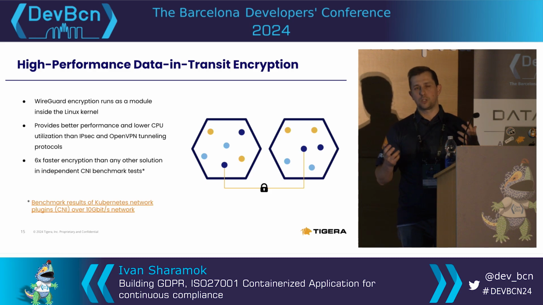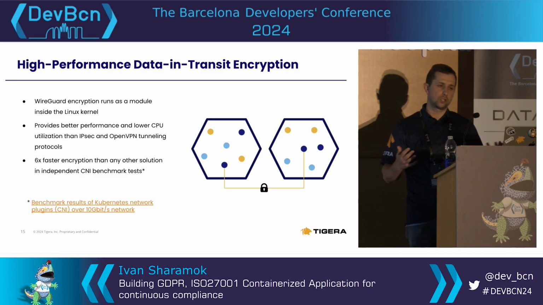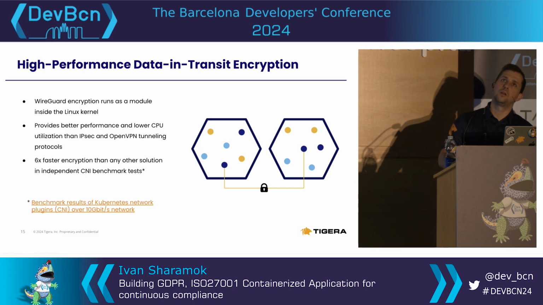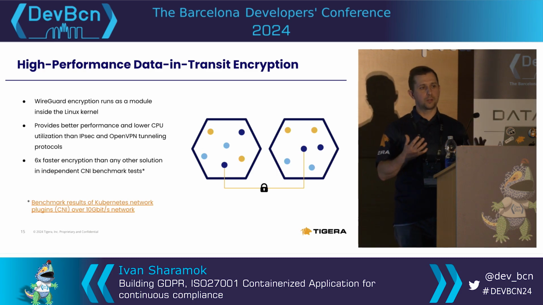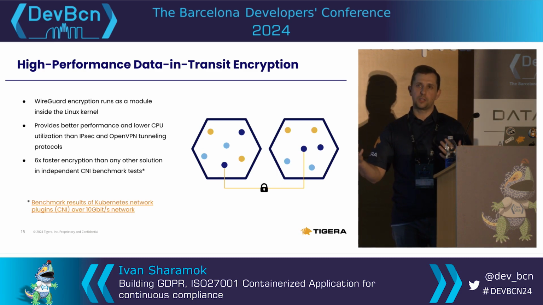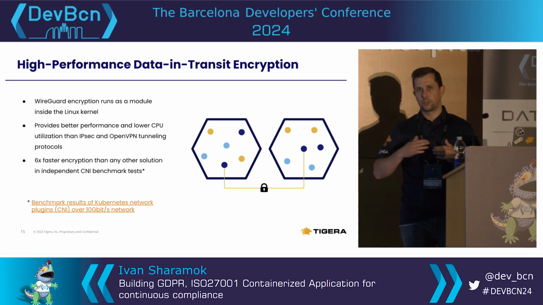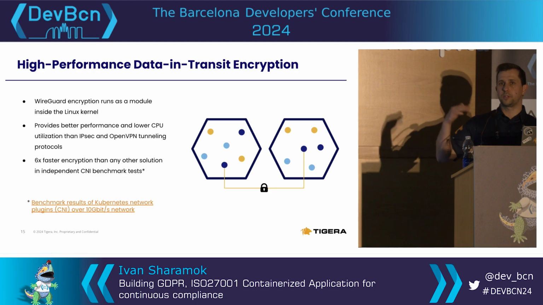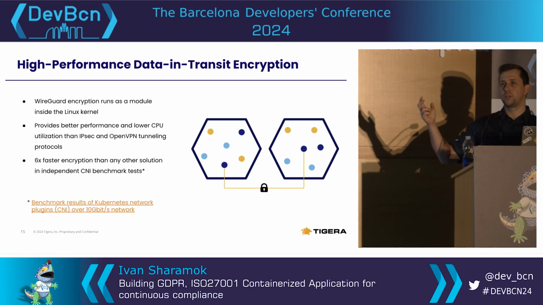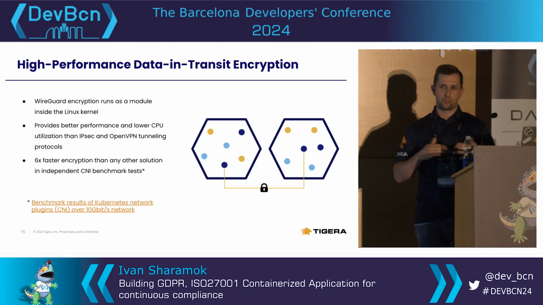There is another way to secure communications through TLS at the service level. So if some of you have used or heard of service mesh, that's a technology or stack that can be installed in Kubernetes, which provides you with some visibility into how services talk to each other, and it provides the encryption through TLS. TLS is implemented at the application layer, so it's higher up in the stack. If you're familiar with the OSI model, application layer means layer 7, versus WireGuard, which works at layer 3.